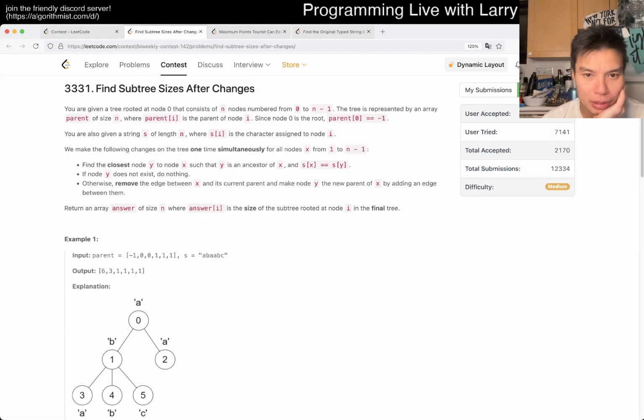We do it for all nodes that are not the root. Find the closest node y such that, oh man, this is such reading. Find the closest node y such that y is an ancestor. And okay, so it is an ancestor. If node y does not exist, do nothing. Otherwise,